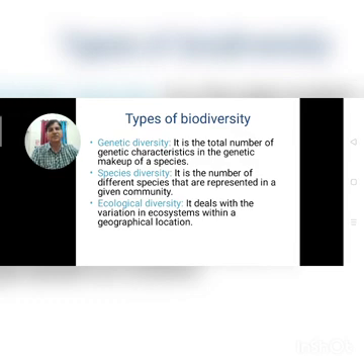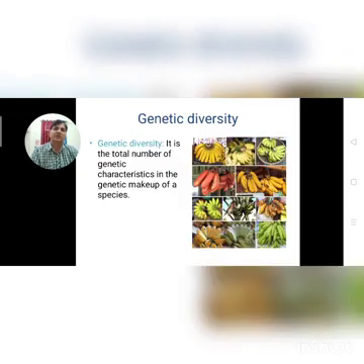All three levels are necessary for the continued survival of life as we know it, and all are important to people. Species diversity represents the entire range of evolutionary and ecological adaptations of species to particular environments. It provides people with diverse resources to use when needed. For example, a forest with many species produces a wide variety of plant and animal products that can be used as food, shelter, and medicine.